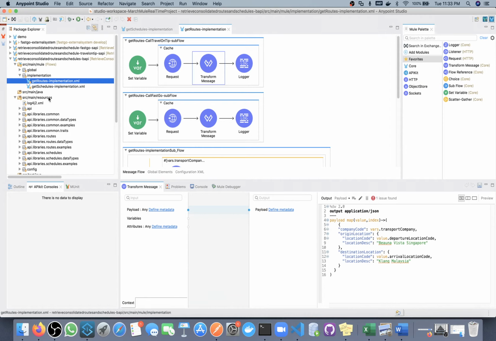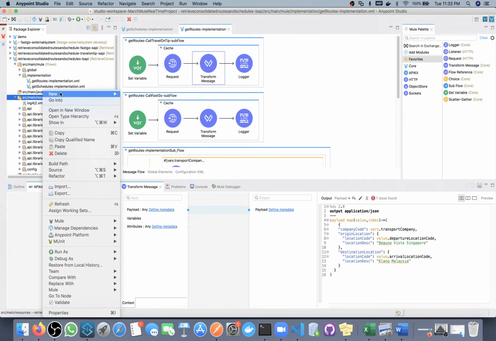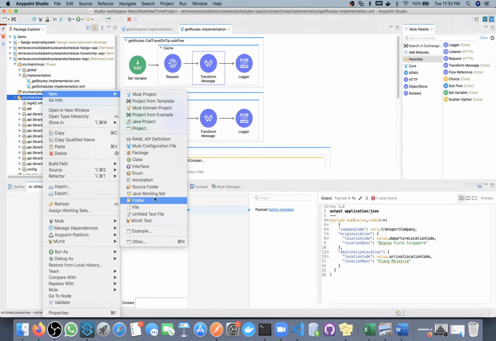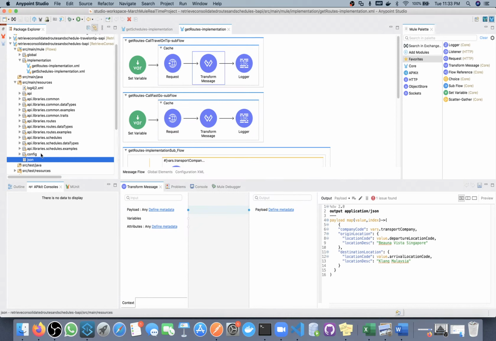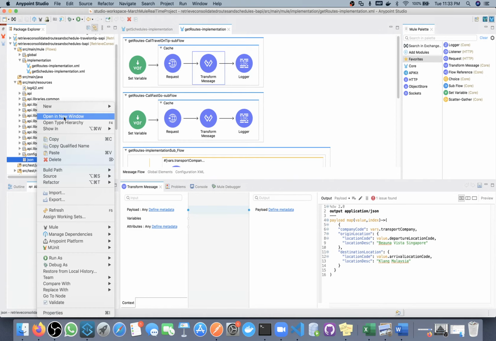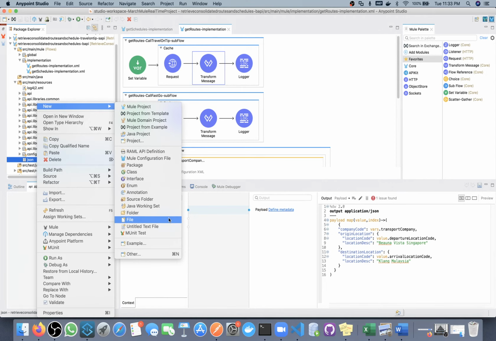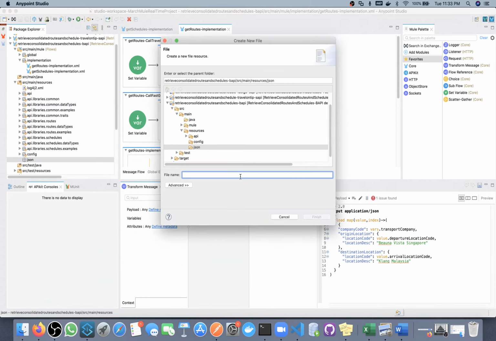So what I will do is, inside src main resource, I will first create one folder, and I will keep the folder name as JSON. Inside this folder I will create one JSON file and give it the name location code mapping.json.